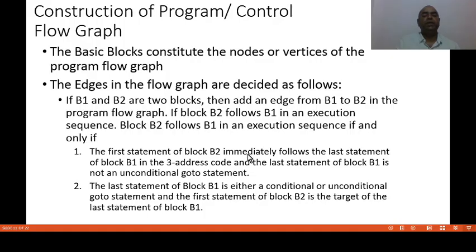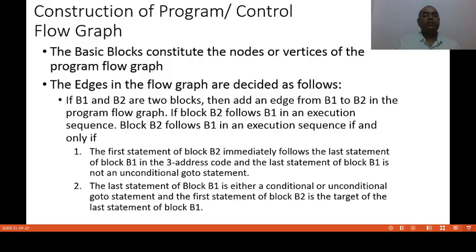It means that if after the last statement of B1 the first statement of B2 is executed, then there will be an edge from B1 to B2.